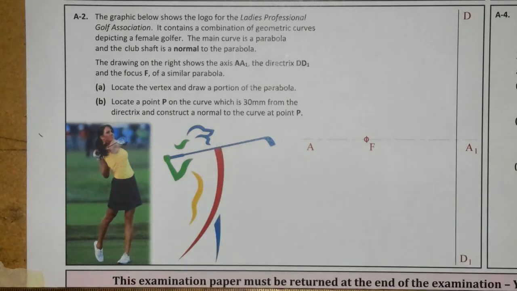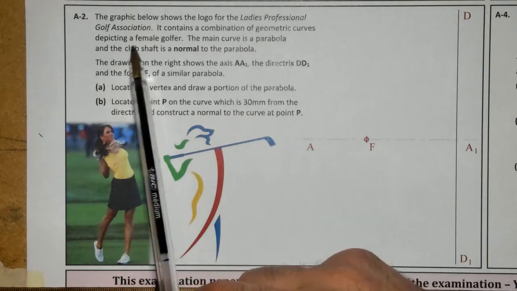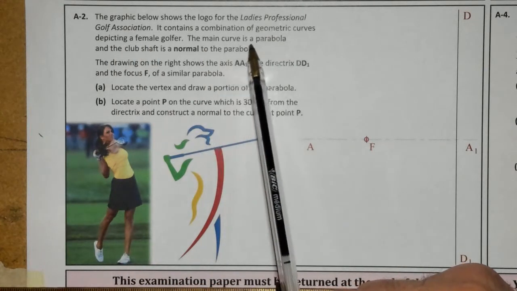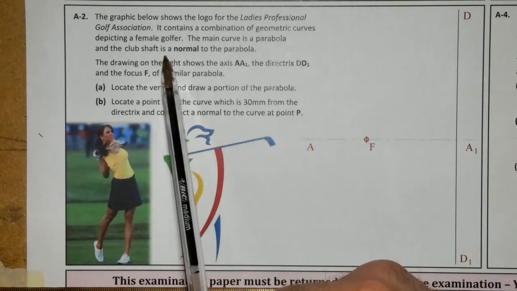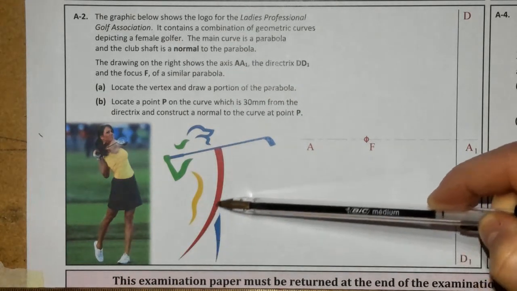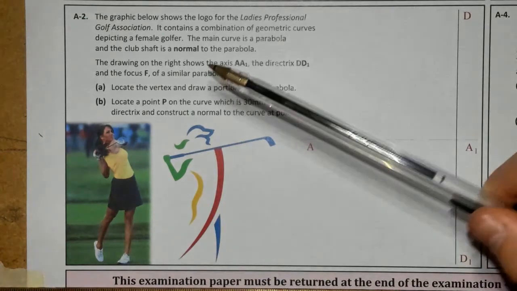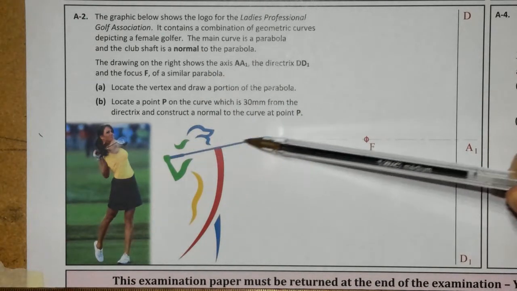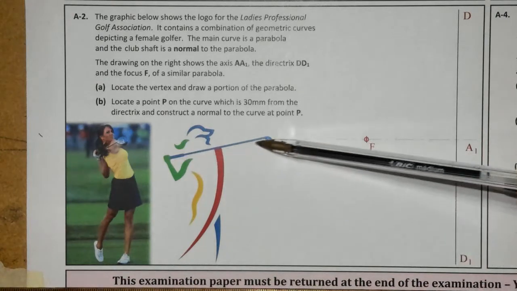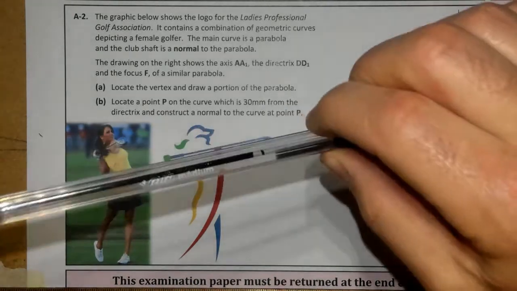So we can see the logo down here. It contains a combination of geometric curves depicting a female golfer. The main curve is a parabola and the club shaft is a normal to the parabola. So I assume the main curve they're on about here is this red one, okay, which is a parabolic curve. And what they're saying then is that the club that the female golfer is holding, okay, is actually a normal,